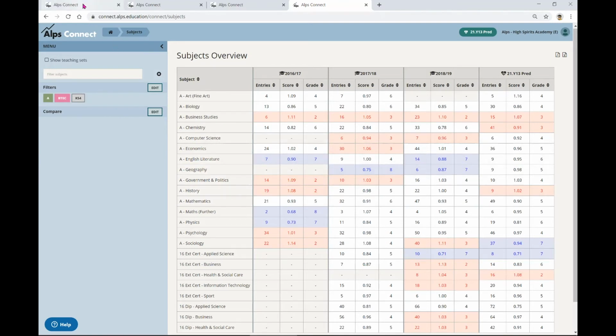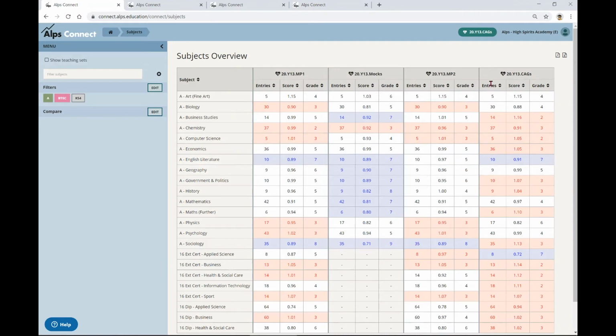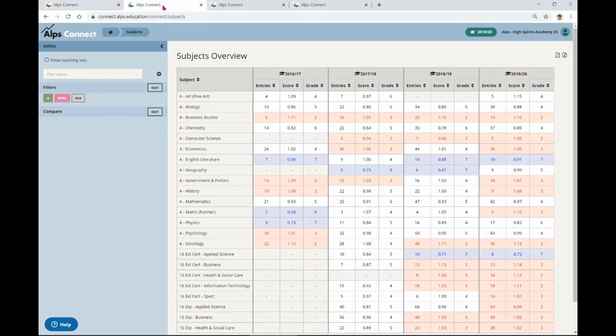If we go back and look at the CAGs, we actually submitted a set of English literature results that put them into the blue because we felt that was realistic when we lined that up with their previous results. Now, in hindsight, we all know that the centre assessed grades were what counted. We may well have done that differently in hindsight, but clearly at the time we were trying to be honest and focus on those.